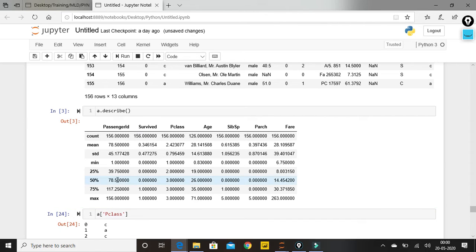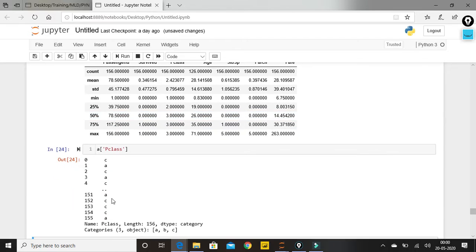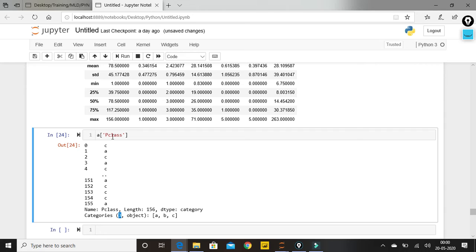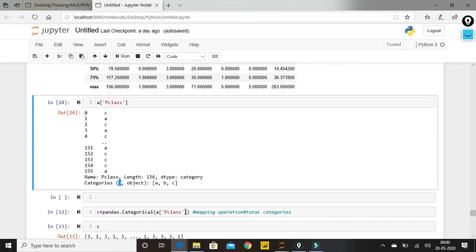Let us see what this column consists of. When I execute a and then pclass, it gives me all the data inside my pclass column, and at the end it says the data type is category. What I'm trying to do now is